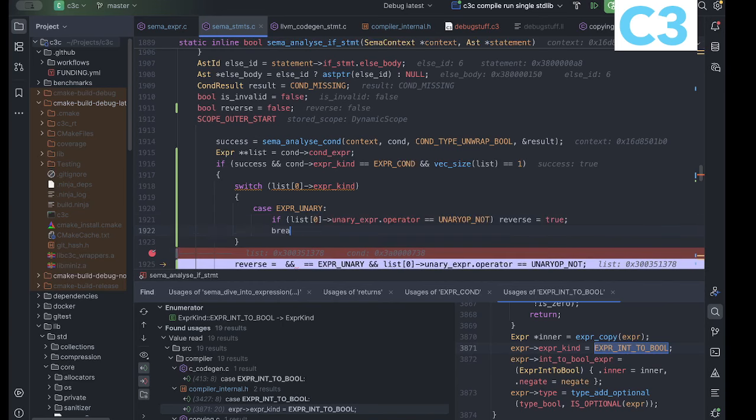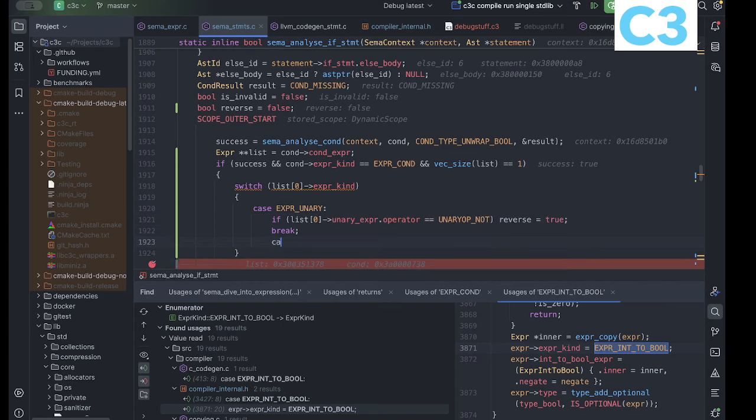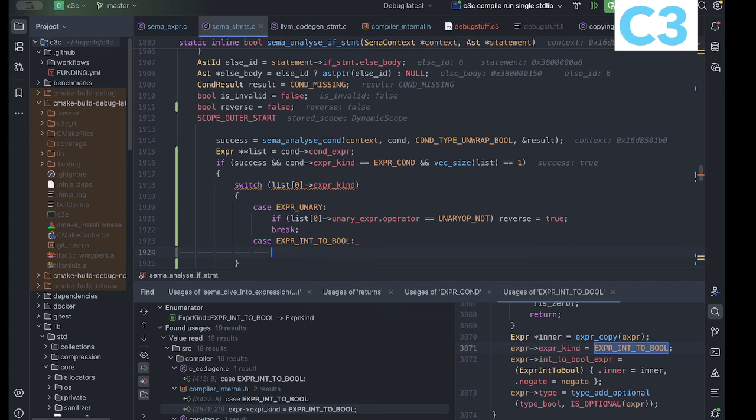Okay, and then break, and then the other one is of course the case expression into bool, a negation on that, right? So if list 0 into bool expression, actually,